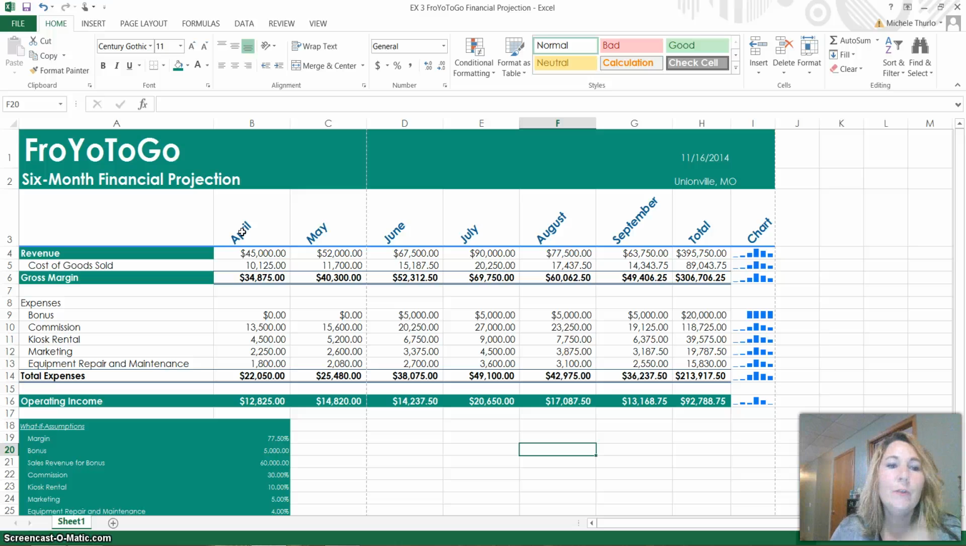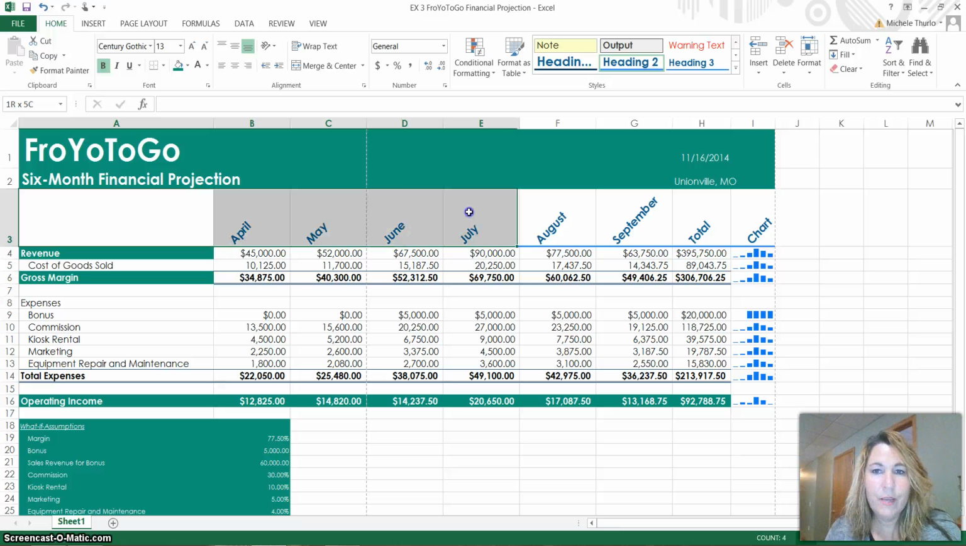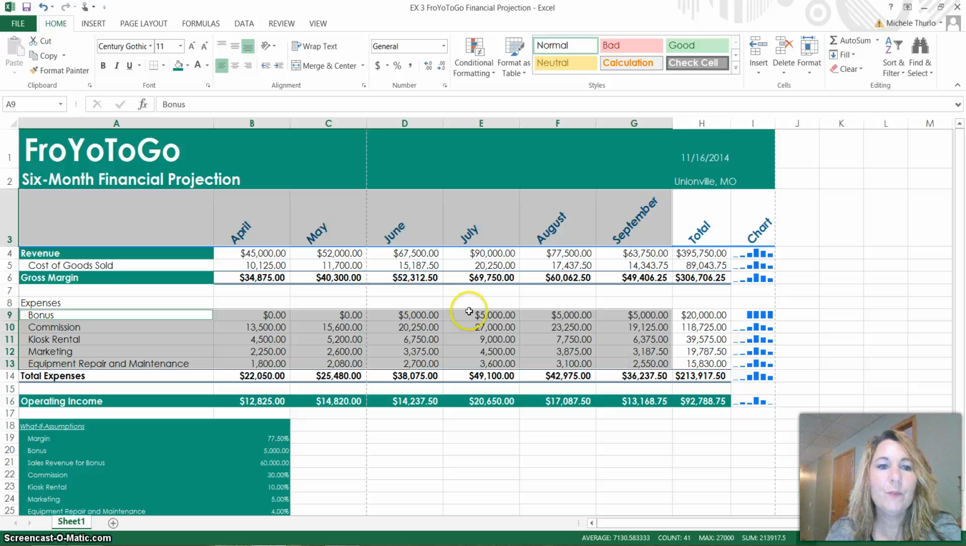The first thing I'm going to do is begin by selecting my months. I will start with A3, and I will select through G3. I'm going to then hold Control, and I need to select all my data, which is going to be in A9 through G13. This will give me my months, it will give me my expense labels, and it will give me my